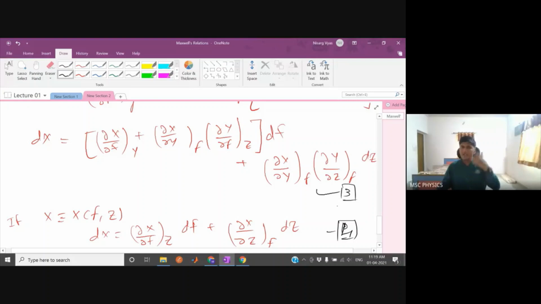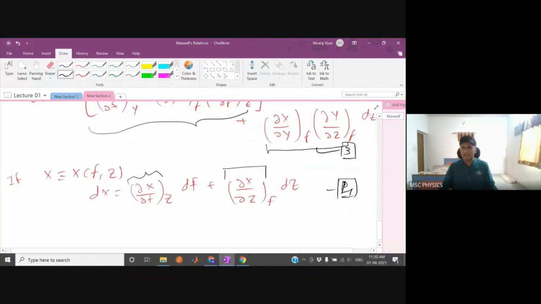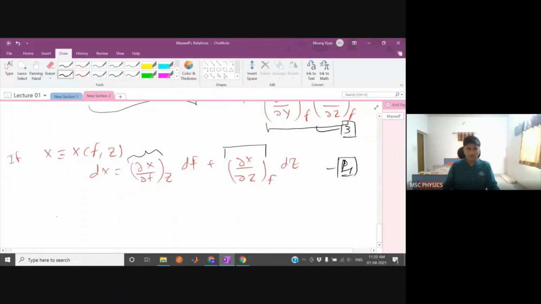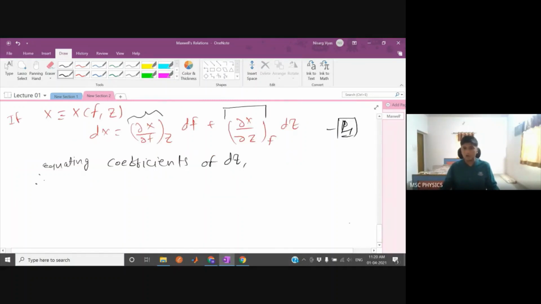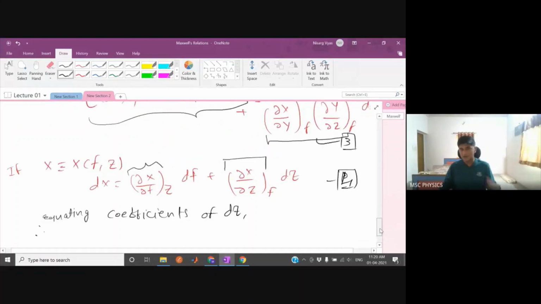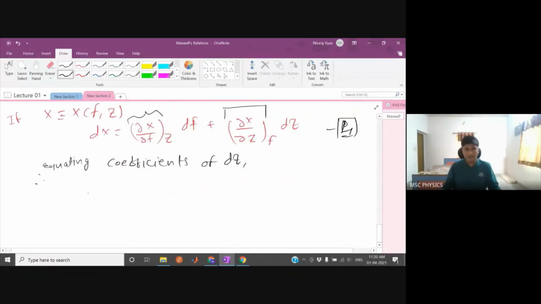So now let us equate both of these. So this part is being equated with this part, but we are not interested in that part. We are interested in this part being equated to this part. So coefficient of dz is equated with coefficient of dz, and eventually what we are going to get is del x by del y at f, del y by del z at f equal to del x by del z at f. So this is how we equate the coefficient of dz. So equating coefficients of dz. This is simple mathematics. I know it is very boring for most of you, but what can I do? So del x by del y by del z, just write this.